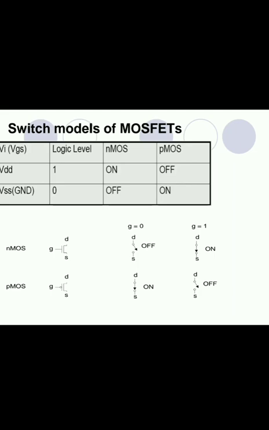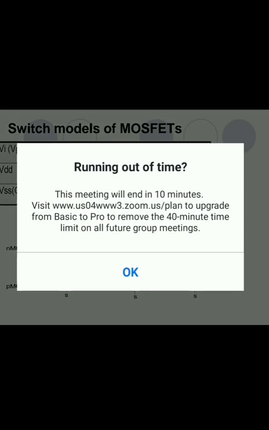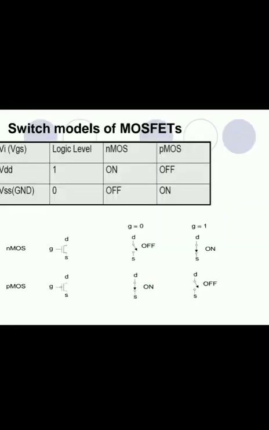If you require switch on, you will require VDD, positive. So you can say NMOS will be on. But if we are keeping VSS 0, at that time NMOS will be off. And exactly vice versa you will get for the PMOS. You can see here the diagram and think on that. What we are saying, when we are giving positive input voltage VGS, also we are giving positive drain to source voltage, meaning VDD. Where are we connecting this VDD? Between drain and source. So we can say that as VDD or the VDS.